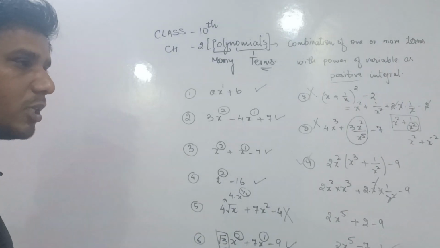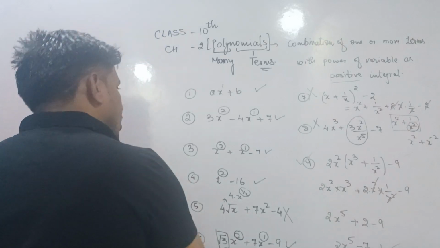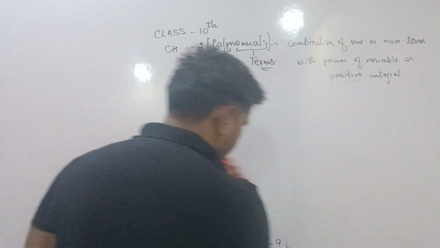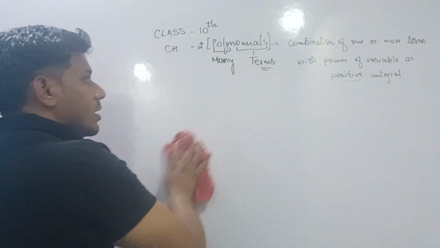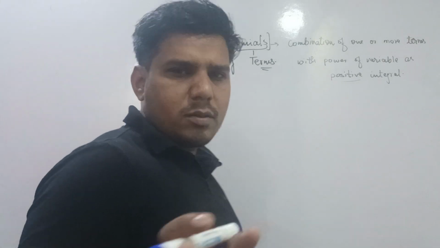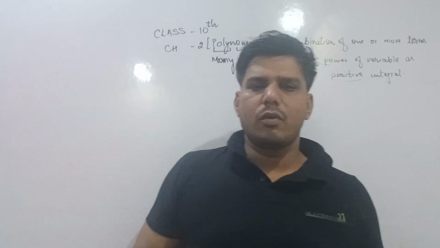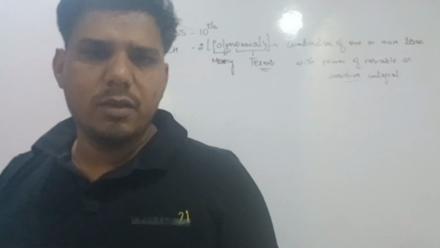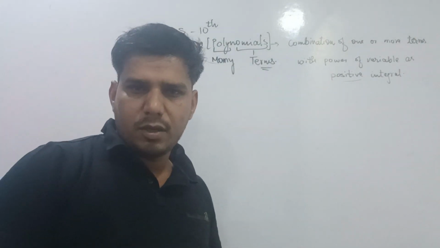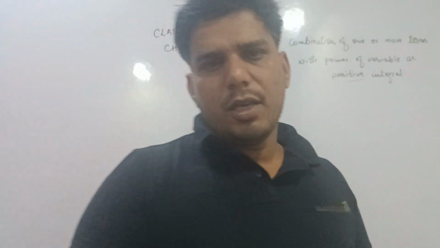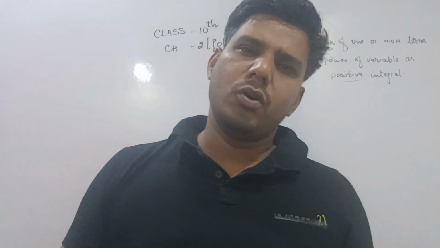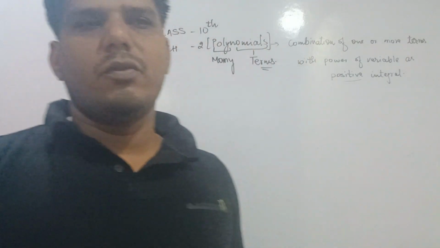Now we will understand the type of polynomial. We will discuss about the type of polynomial. What are the types of polynomial we have? As per the class 10 syllabus, normally we will discuss mostly problems on the quadratic polynomial. Few of the examples will be from the cubic and biquadratic. Cubic means highest power of variable as 3, and biquadratic means highest power of variable is 4, and quadratic you all know, quadratic means highest power of variable as 2.